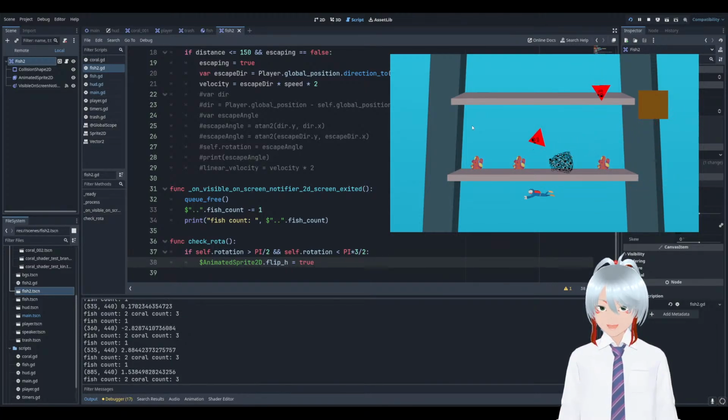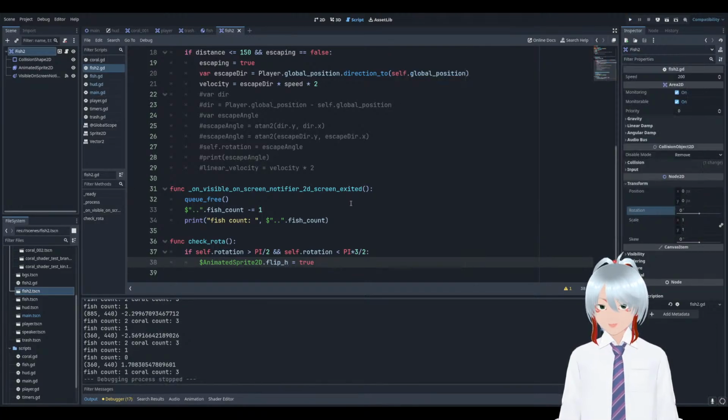So at angles 180. Yeah, between 180 to 270 it's odd. So I think, what if I change this to is greater than 90 and less than, yeah, let's